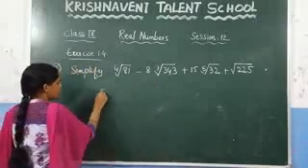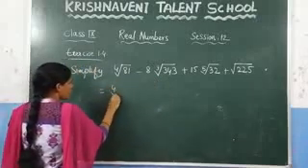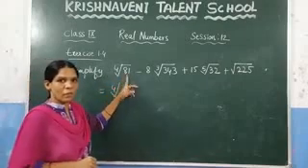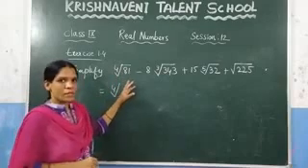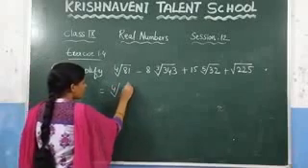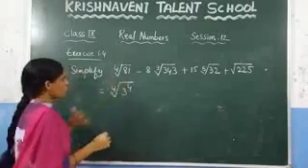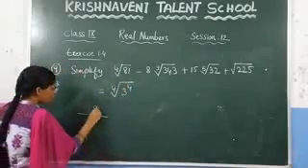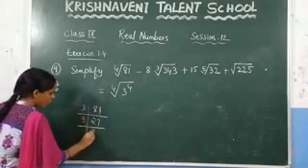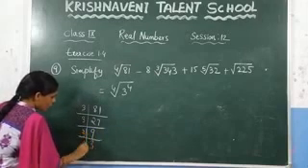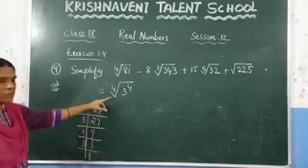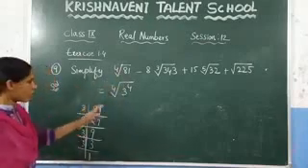For that reason, this one you can write as 4th root of, how can you write 81? You can write this as 3 power 4, because 3 3s are 9, 9 3s are 27 and 27 3s are 81. If you want to do the calculation, you can do it like this also. It is divisible by 3, you will get 27, and after that 3 9s, 3 3s, and 3 1s. How many times is 3 repeating here? 4 times. So we have written 81 as 3 power 4.